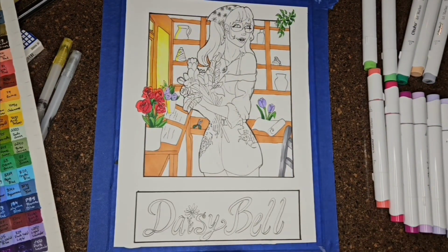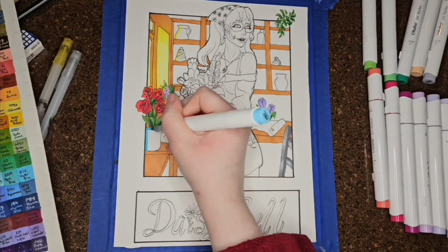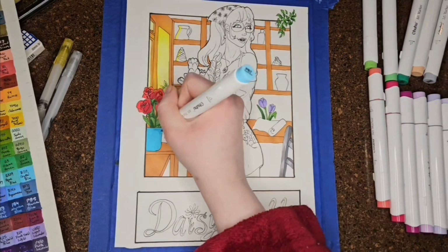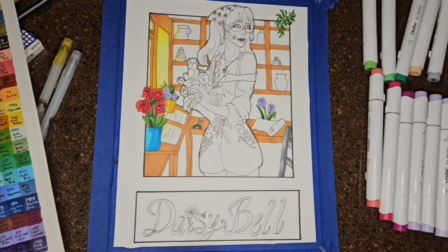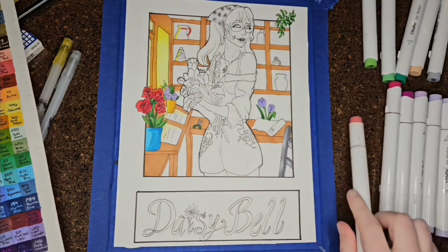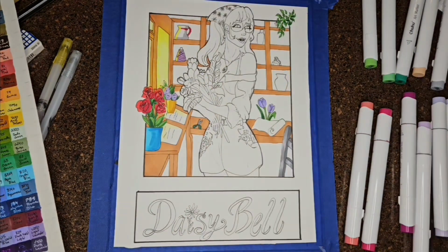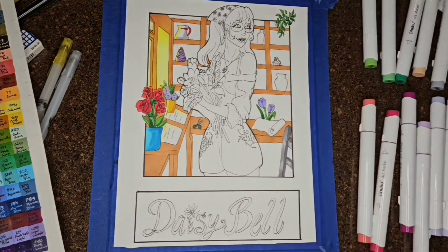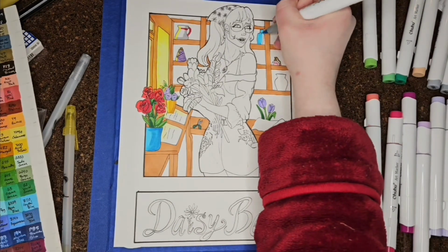And the owner actually taught her the different names and meanings behind all the flowers. So Daisy incorporates that to make an effective sell to customers. She's like, oh, you're looking for something for a friend. Well, these flowers mean friendship or loyalty or whatever. Flowers have all different meanings, which I think is really cool. Anyway, right now she's a senior in college, so she's been working there for a few